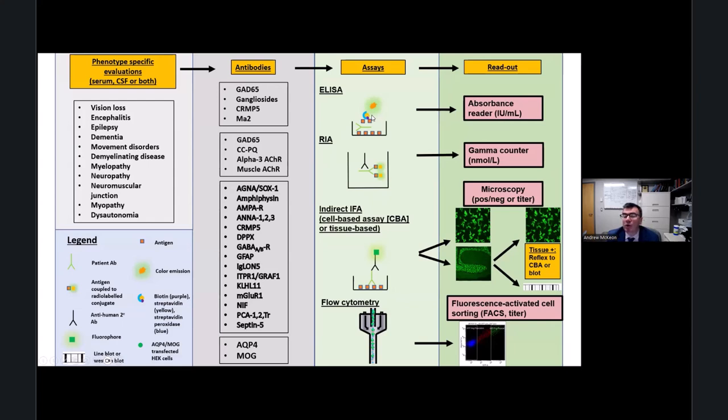So it's not just one system of testing. And so through all of the studies that we've been doing on a research and development basis, we know which antibody is most pertinent for a particular evaluation, but also which assay is the way to test for that. And then we get a readout